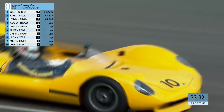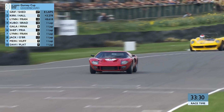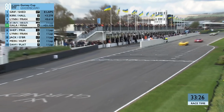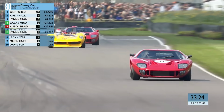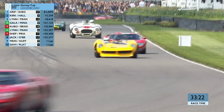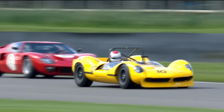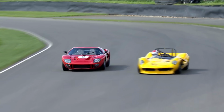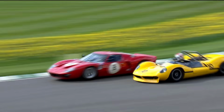It's a very long corner there at Woodcote and a tricky braking zone. But Olivier, yeah, he's not afraid of sticking his nose in, and he certainly did that there. So the car is looking very strong. But now we're going to see the replays. You see the Lotus slightly tighter, got a little bit out of shape on the brakes. And I think, yeah, it took his...